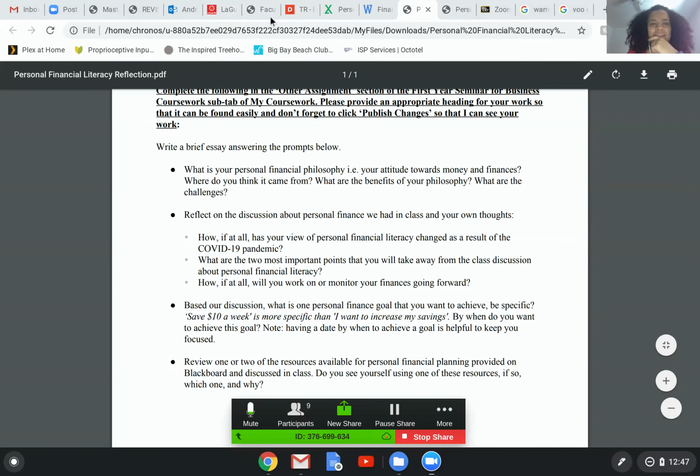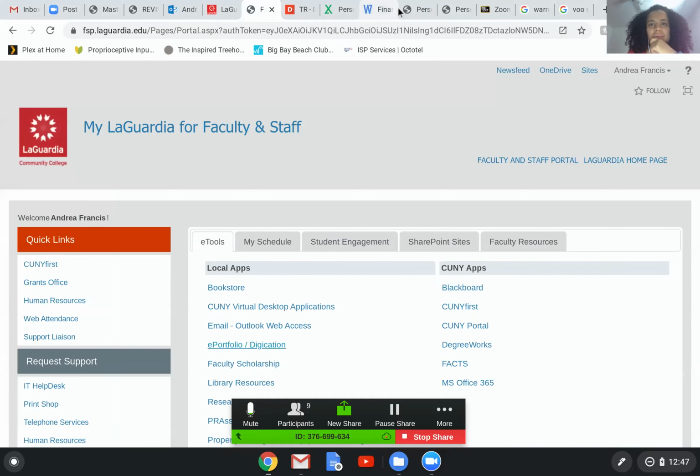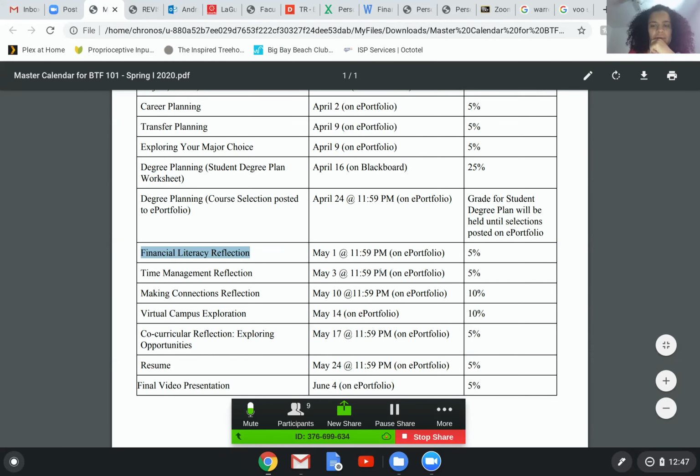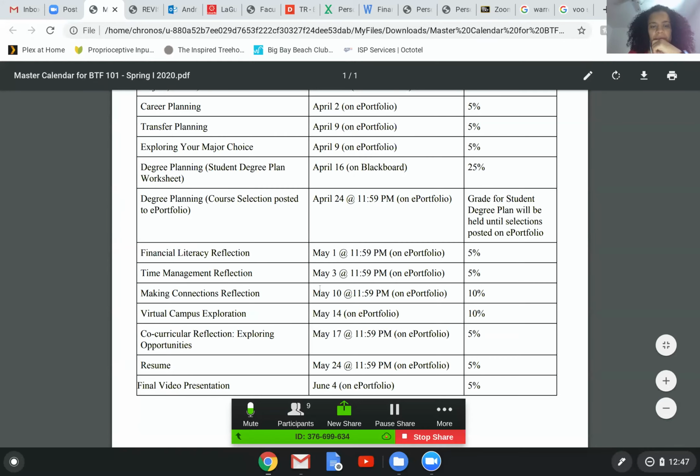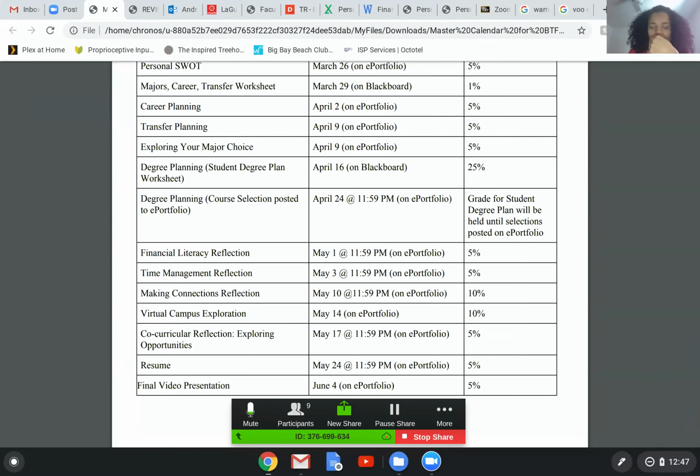I'll show you now. Where's my master calendar? I'm going to have to shift the time management assignment because I stayed on personal finance, which was fine. You only have financial literacy due, and you'll have time in the Thursday class to work on it. I'm going to shift the time management back by a week or so, so don't worry about that. I'll announce the change, because you can't really do the reflection yet. We'll talk about time management on the 5th, and then you can do the reflection in class on the 7th of May.